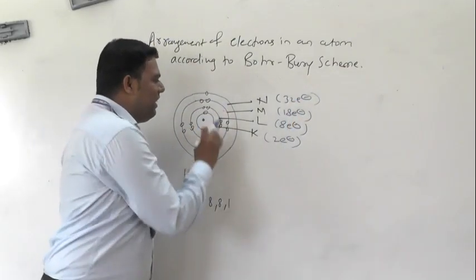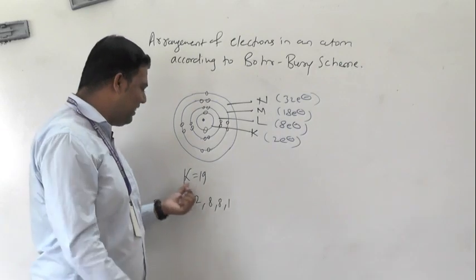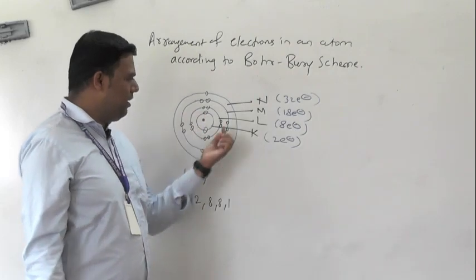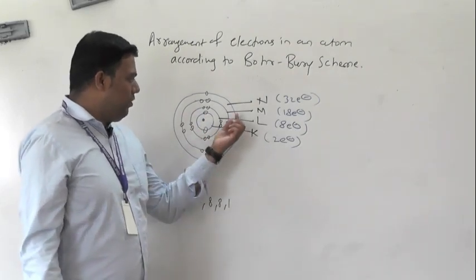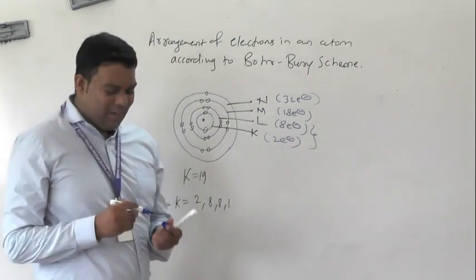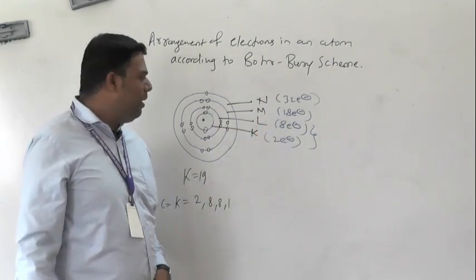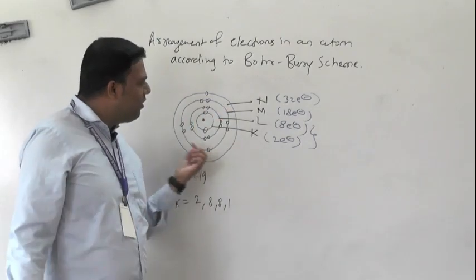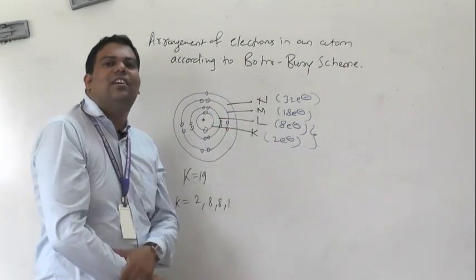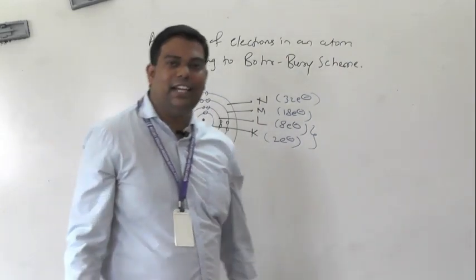So why does it happen like that for potassium? After the L shell is completed with 8 electrons, no issues up to this much, K and L. But the M shell has a capacity of 18, yet without filling the M shell fully, we immediately fill the N shell. Why does it happen like that?